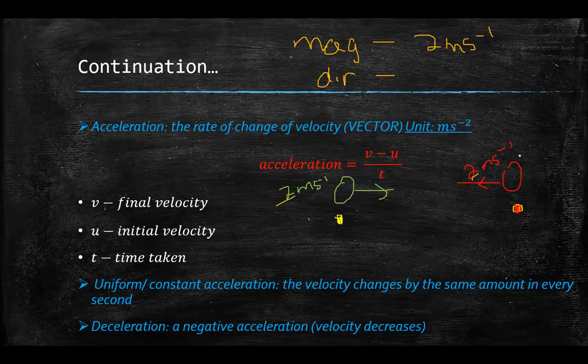So even though my magnitude is the same, you might be tempted to say, oh, well, there's no change in velocity, it's the same thing. No, velocity is a vector quantity. So it's magnitude and direction I'm looking at. My magnitude is the same, but my direction changes. And because my direction